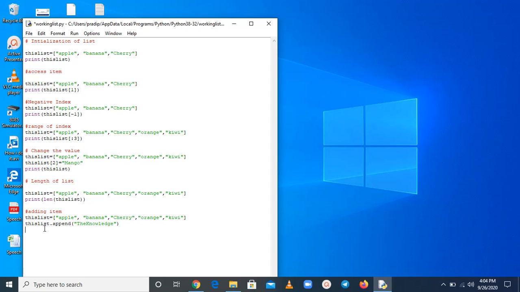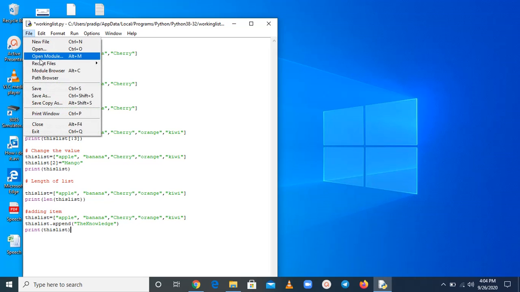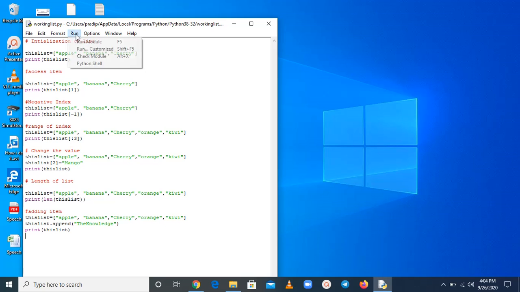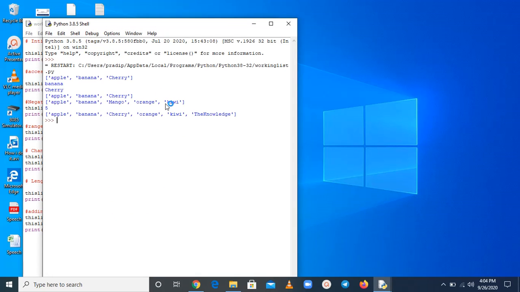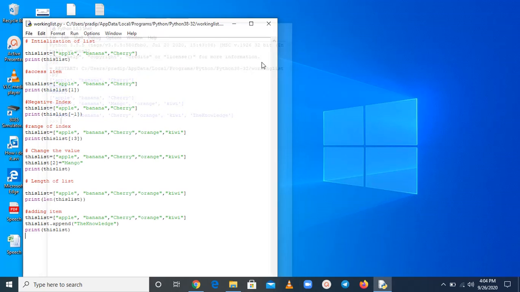Append and print this and save it. So here you can see the knowledge is already added, and we have a second method, that is insert.